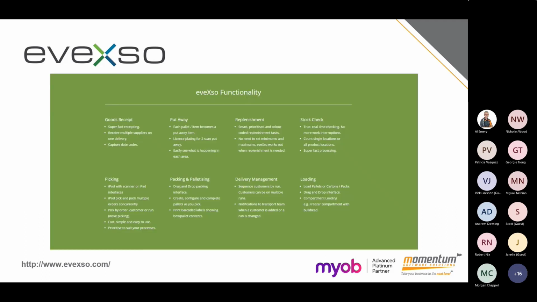Goods receiving, put away, even replenishment as well, stock checking, the picking cycle, packaging and palleting, tracking the pallets on the floor, delivery management and loading as well. Again, a very powerful add-on to the warehouse management system in Advanced.